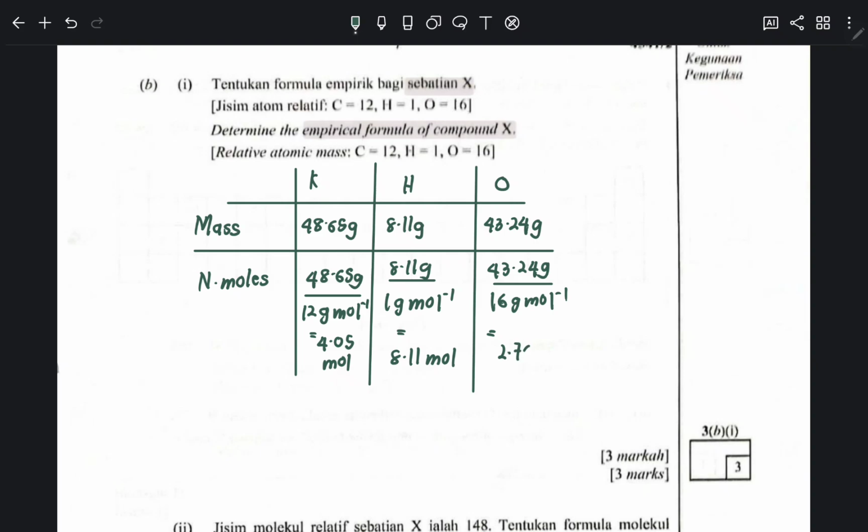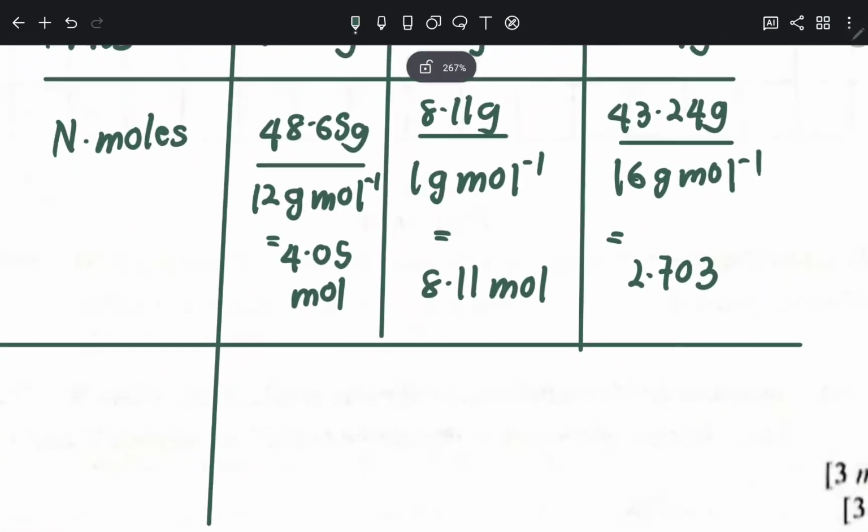Okay, so 2.703. So it's balanced, right? Okay, so what you do, you divide all of these to the simplest mole ratio. What do I mean by simplest mole ratio? Okay, so you already found the number of moles, right? Okay, so you take the smallest value among the three. So the smallest value of the three is